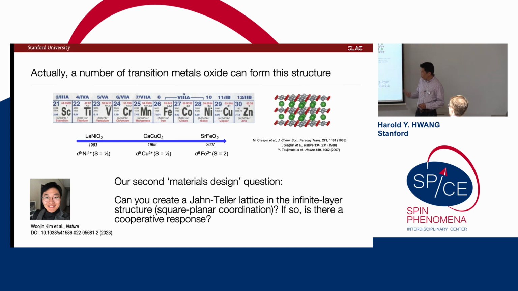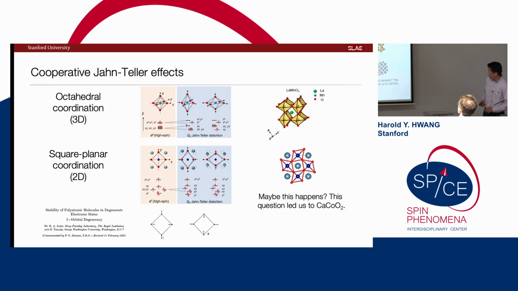And so we were looking for a case where we could make kind of a Jahn-Teller lattice and ask whether there are analogies to what we already know about ordered Jahn-Teller effects in 3D systems, right? So that was the motivation. As usual, things were more interesting and complicated than we thought. But let me tell you the story.